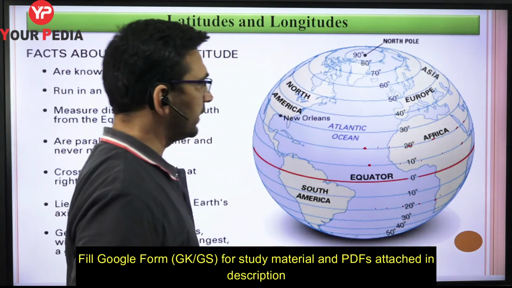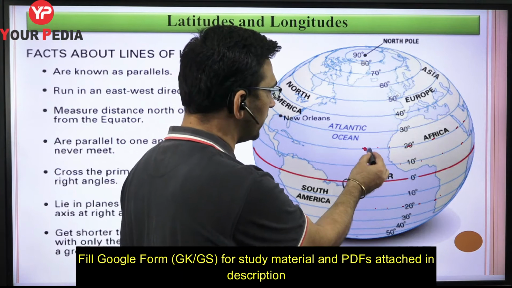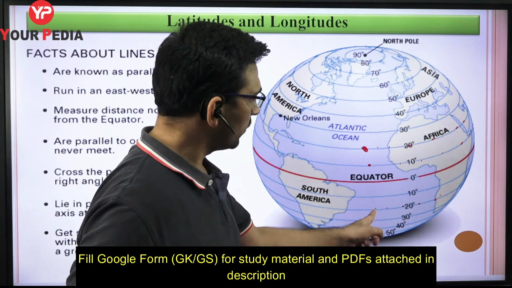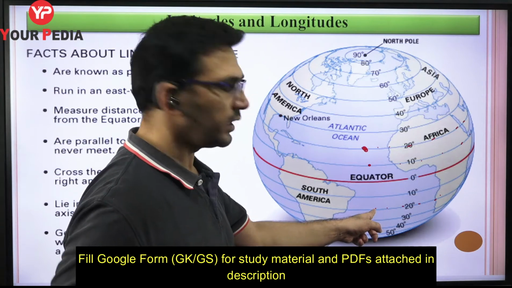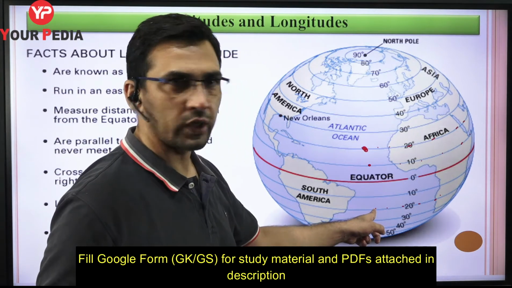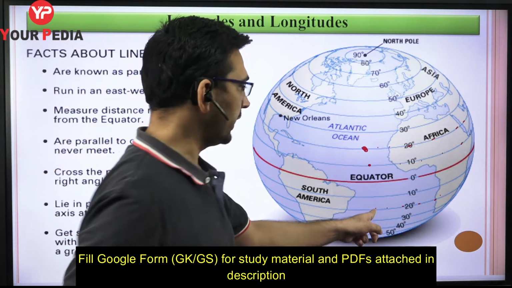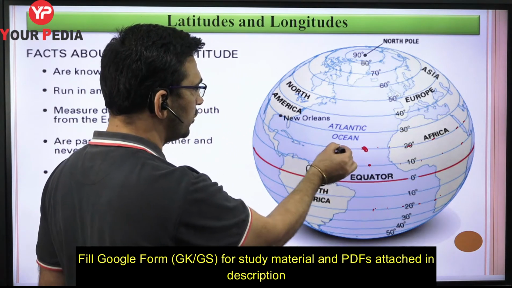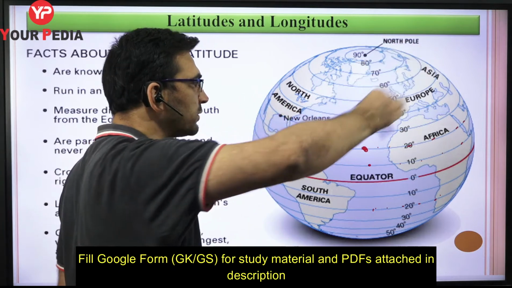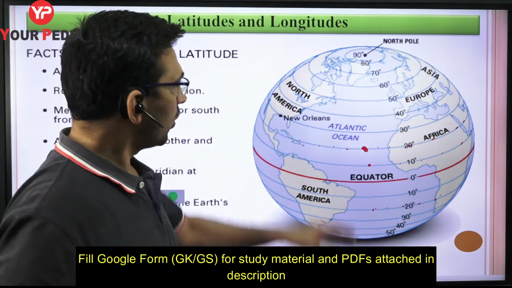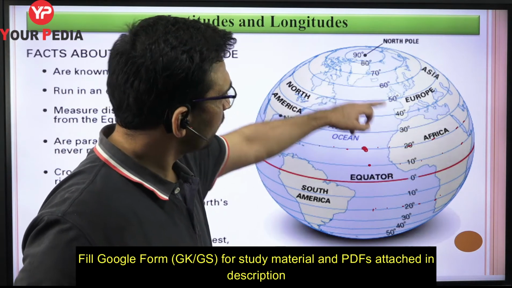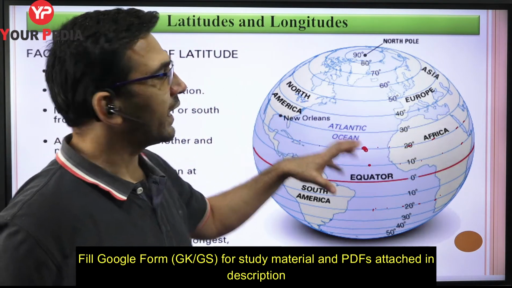So I can say that if this is the point, what is the latitude position? You will say 20 degree north. What is this position? 20 degree south, right? It is understood, you don't need to say with respect to what. With respect to the equator, right? And same way, if you join these points, then this becomes a circle, right? So all these circles which are made up of these particular latitude values, we call them parallels